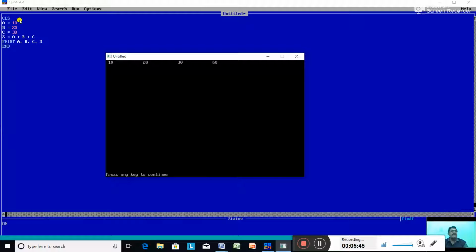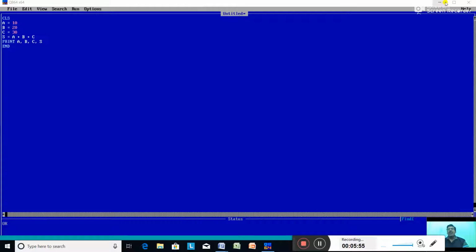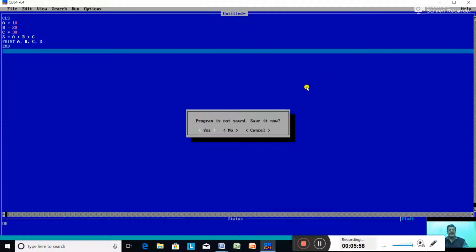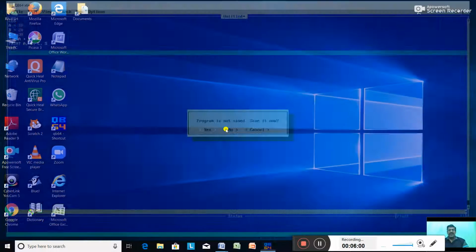And sum is 10 plus 20 plus 30, 60, is printed in the fourth zone. And there is enough gap, sufficient gap in between. So this way we can use the comma in the print statement. Alright. Next is